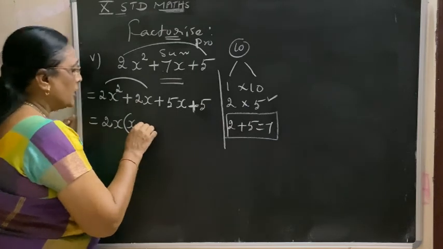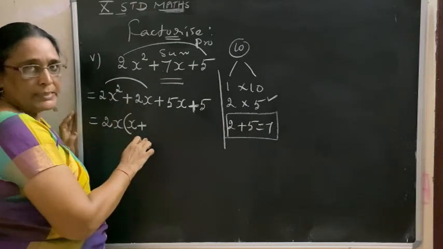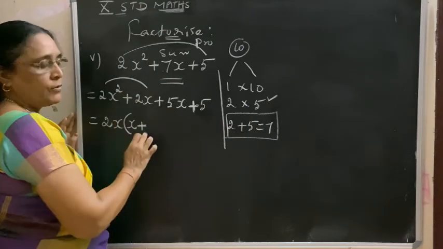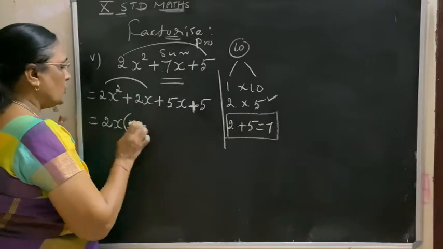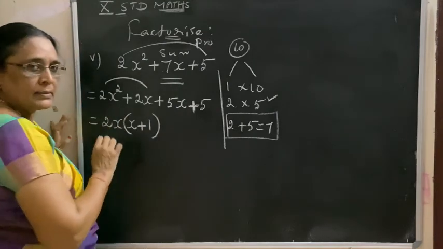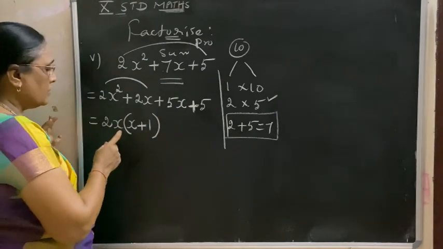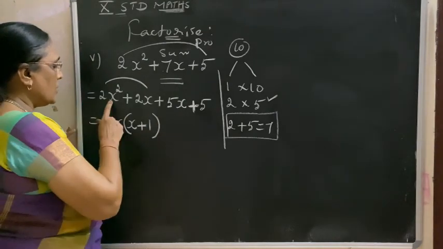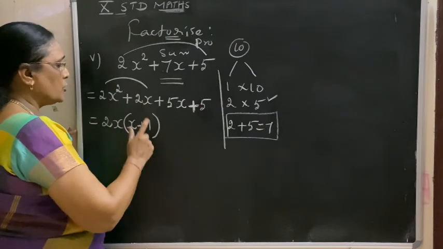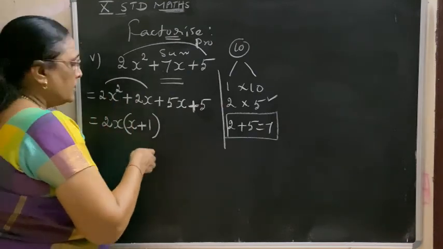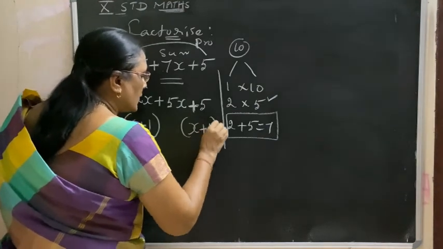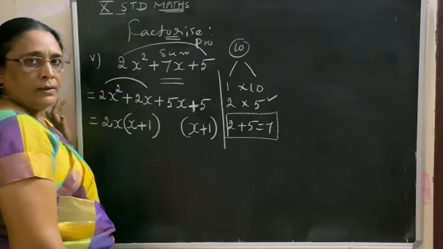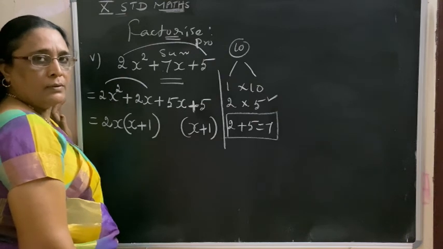Plus is given, so you have to put plus here. If minus is given, you have to put minus here. Next 2x we need. 2x plus 1 we will get 2x. You multiply and check it. 2x into x, 2x square, plus into plus plus, 1 into 2x, 2x. And if you are getting the first factor as x plus 1,